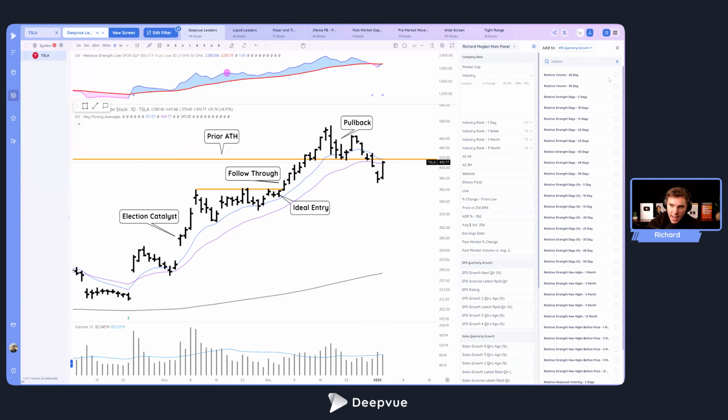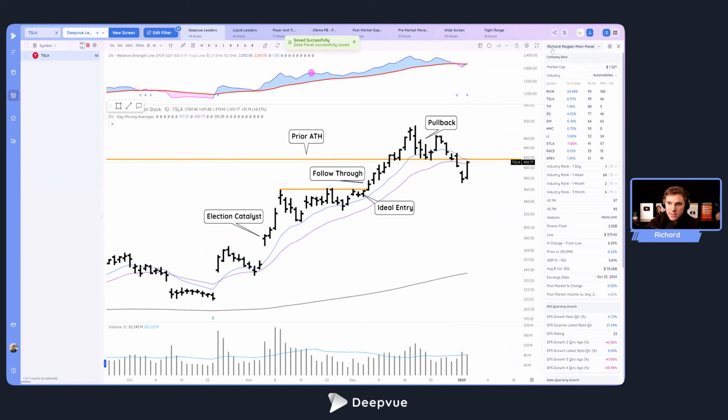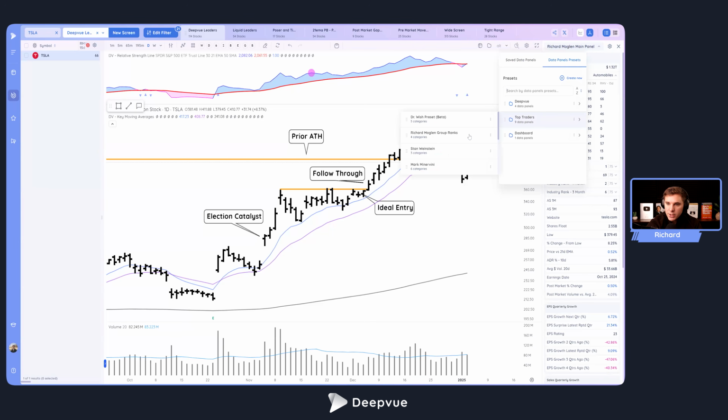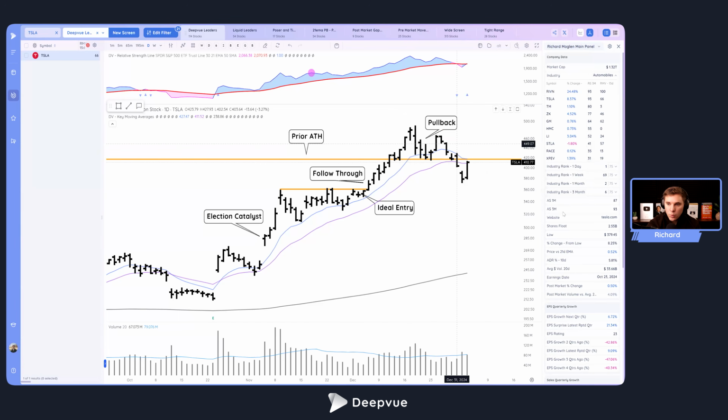And we also have many presets for you. So you might see this is Richard Moglen's main panel. This is a preset that you can find by clicking this drop down menu, going over to data panel presets, going to top traders, and you can find my main panel right here. This is the one I use every single day as I'm trading. You can load that in one click. So if you don't want to create your own, I basically have the most important data points to me,